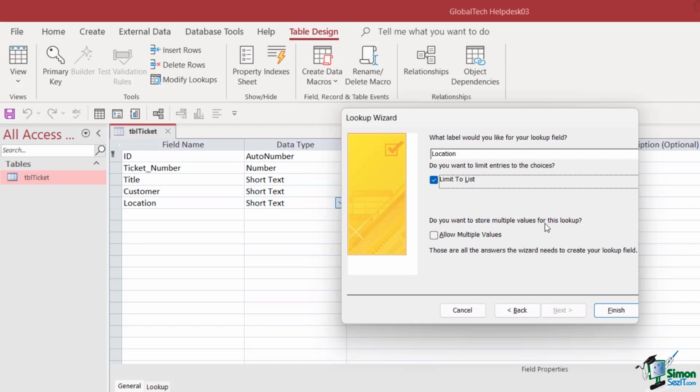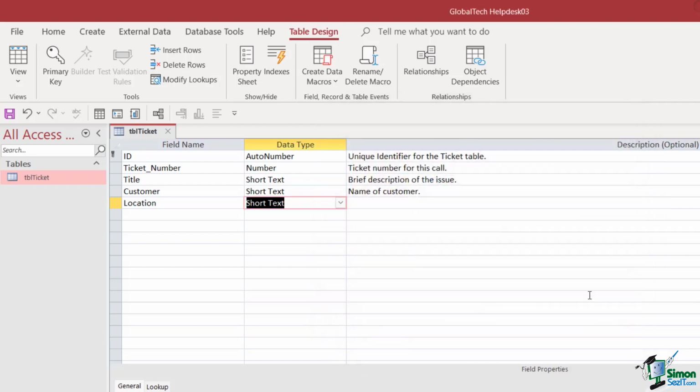And do you want to store multiple values for this lookup? So are we allowing our agents to select multiple locations from this drop-down list? Well, no, we're not. So I'm not going to check this box. Let's click on Finish. Let's give this field a description, location of customer, and let's check out the field settings